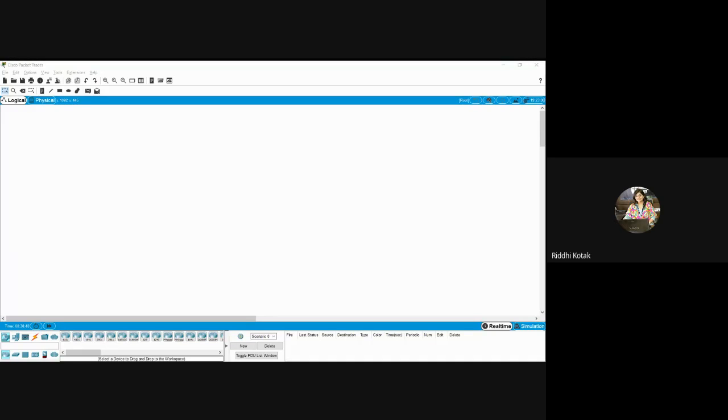If previous versions are available in your system, then you also have to update it, because they have modified the GUI as well as many functionalities of Cisco Packet Tracer. So all of you must install 7.3.1. Otherwise, I will use this advanced one from my side, and a few functionalities will not be available in your version of Cisco Packet Tracer. So kindly check the version also.